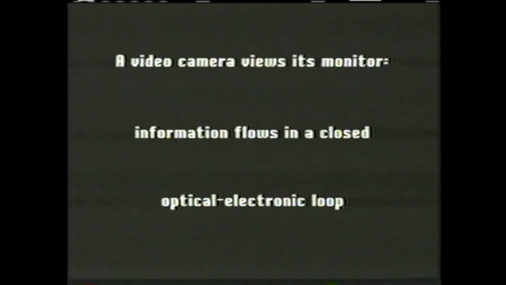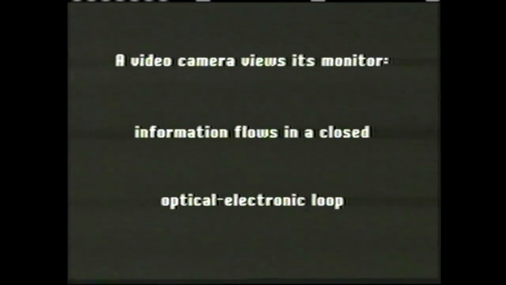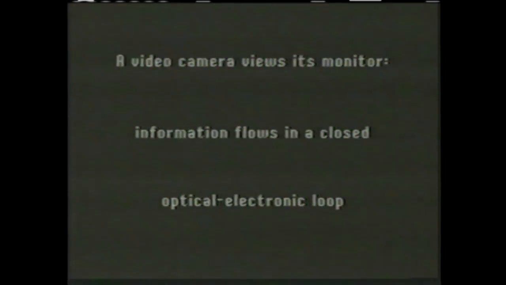A video camera feeds images to a television monitor. It dissects the field of view into an electronic signal. The monitor then reconverts this back into an image on its screen. When the camera points toward the monitor's screen, images are fed back into the camera and circulate around this closed